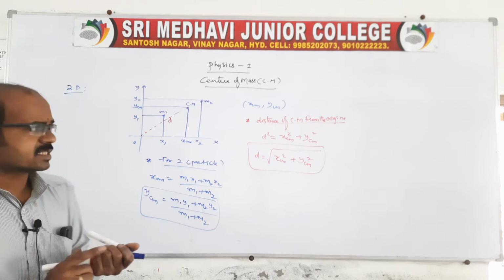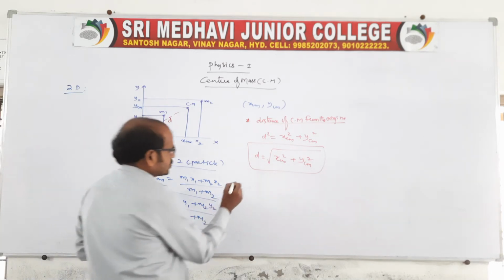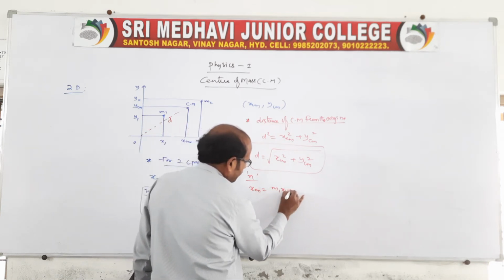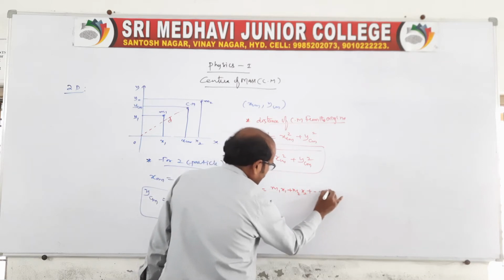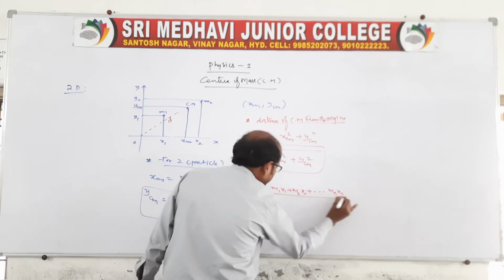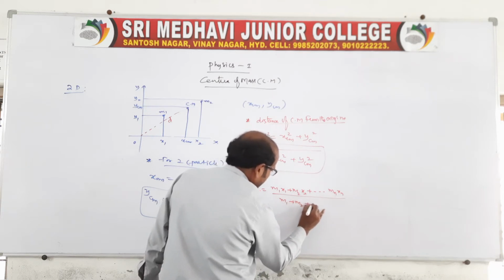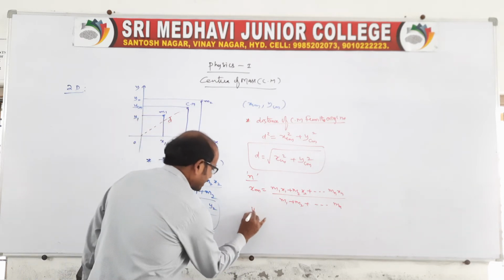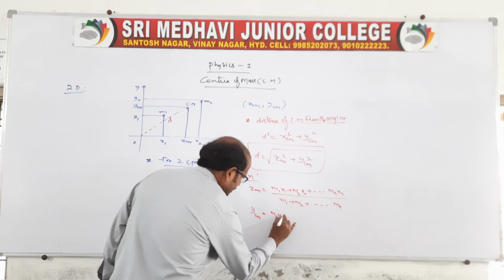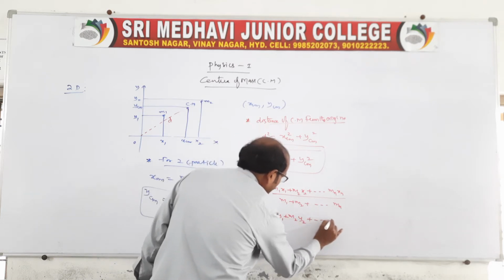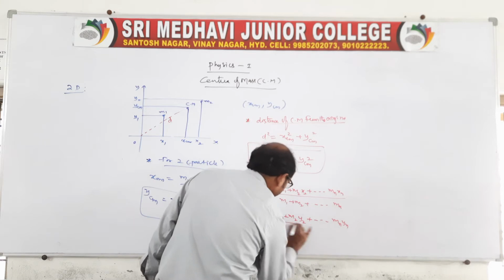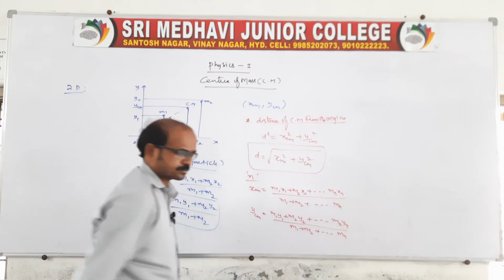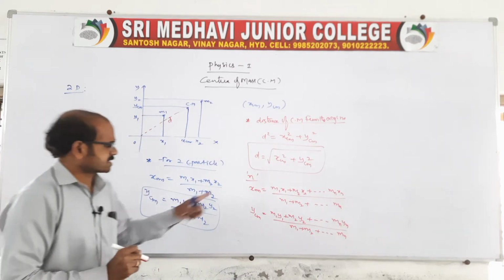See, actually I'll tell you one thing, this plane contains n number of particles, no? So you write it for an n particle system: xcm is equal to m1 x1 plus m2 x2 plus and so on up to mn xn by m1 plus m2 plus and so on up to mn. If I take ycm, that is m1 y1 plus m2 y2 plus so on mn yn by m1 plus m2 plus and so on mn. For an n particle system, it is xcm and ycm like this.